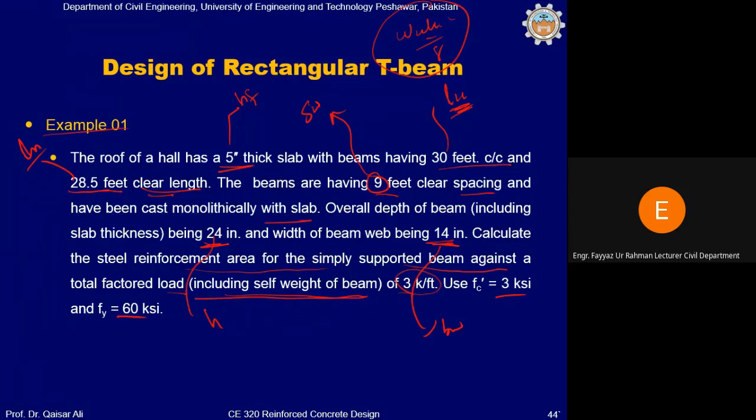तो फर्स्ट ऑफ ऑल कैलकुलेट B effective। B effective की वैल्यू जरा मुझे बताएं। आपके पास BW भी है, Ln भी है 28.5 फीट, SW भी है आपके पास, it is 9 फीट। आपके पास ये तीन इक्वेशंस हैं, BW plus 16 HF, BW plus SW and BW plus Ln divided by 4। So in the very first step you will calculate B effective। ये वैल्यू जरा मुझे बताएं, शाबाश।